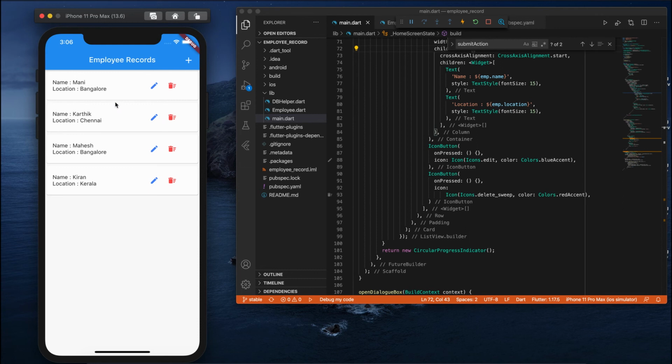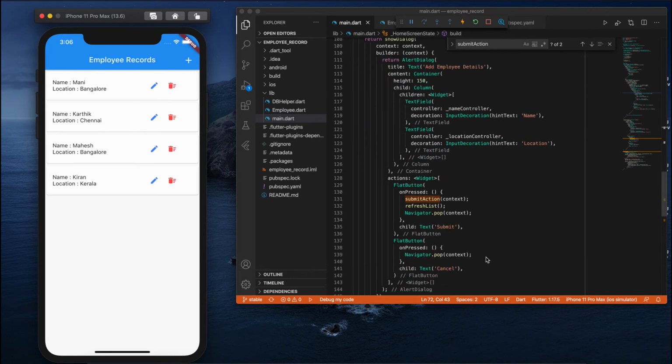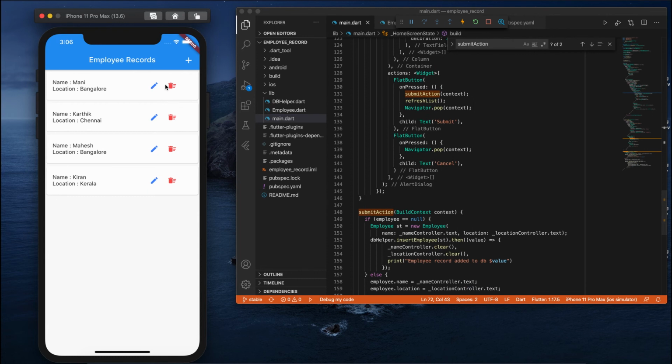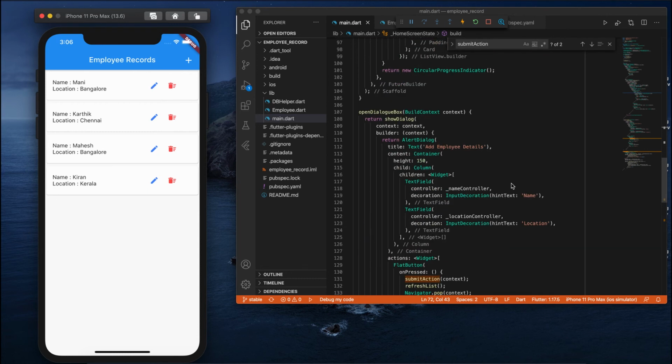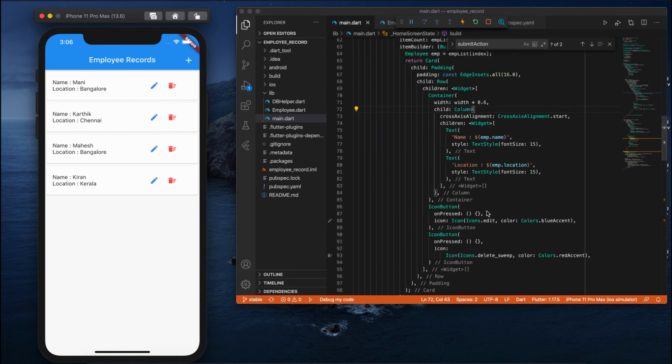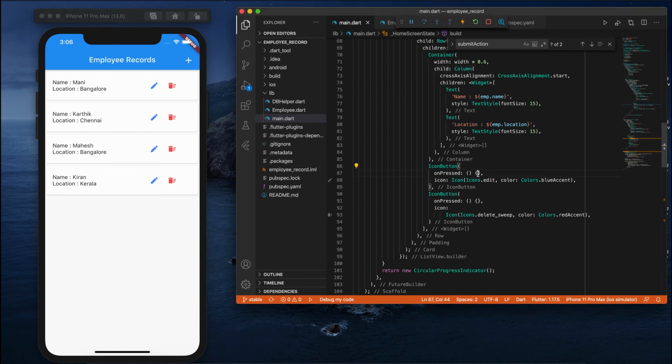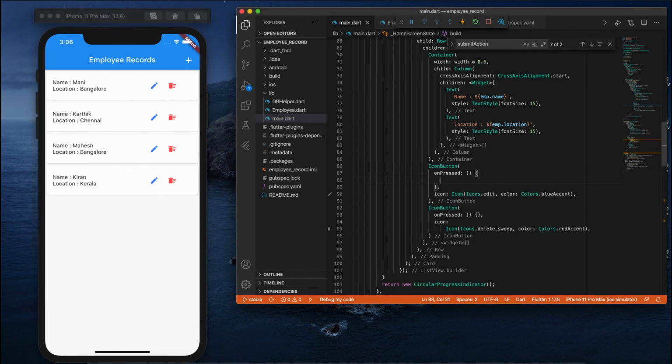So I want to update this Karthik. So I want to change the location of this Karthik. So we'll see how we can do that. If you do remember, we have created 2 buttons, like 2 icons over here. One is for edit, another one is for delete. Go there. Yes, here, what we will do, one is for the edit. So in this edit, what I can do is,